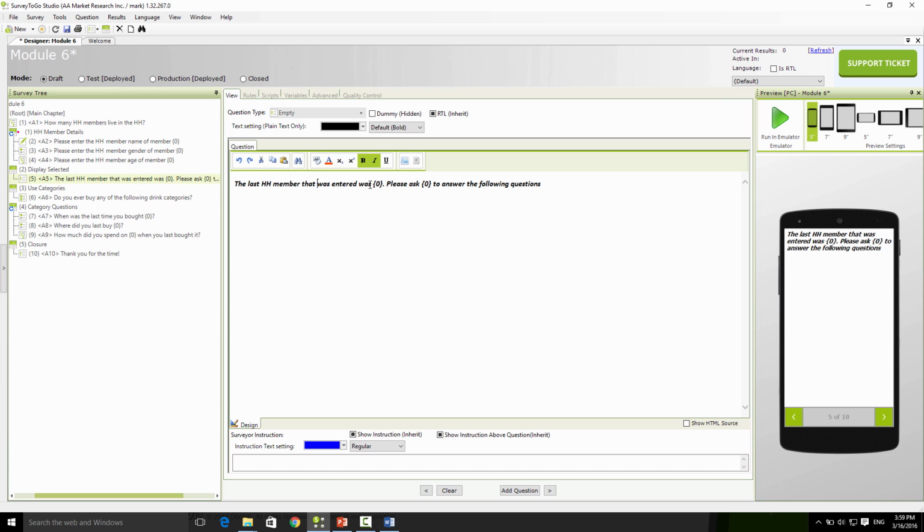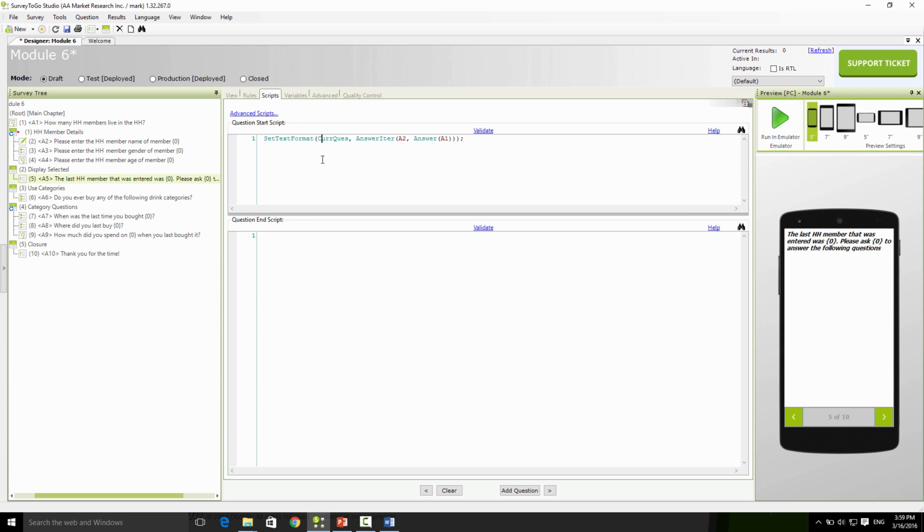We need to replace the placeholder mentioning the name of the last household member that was mentioned in this text. So how do we do that? You remember, we do that with the set text format function. We replace the question text of the current question, and what would be the text that we pipe in? The text would be the answer